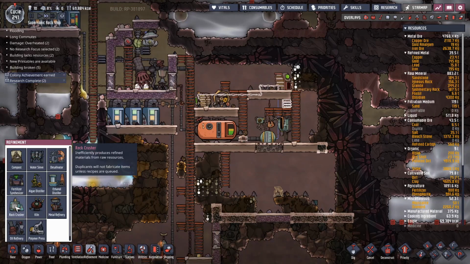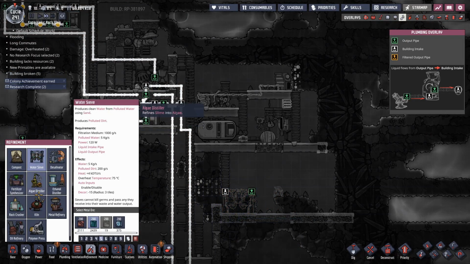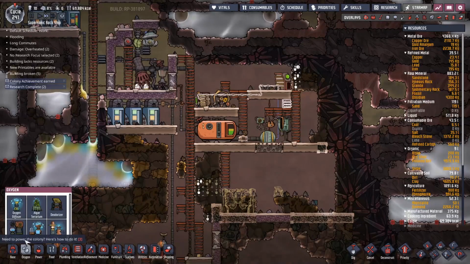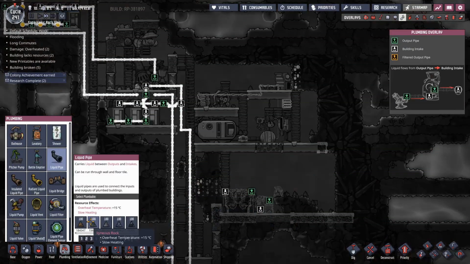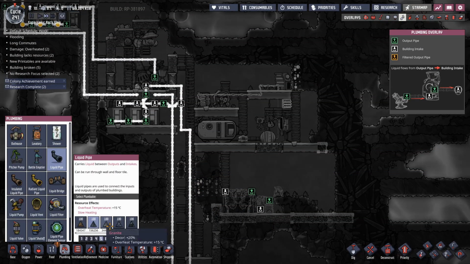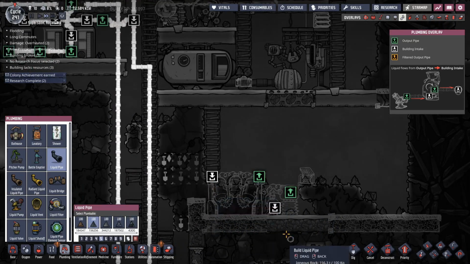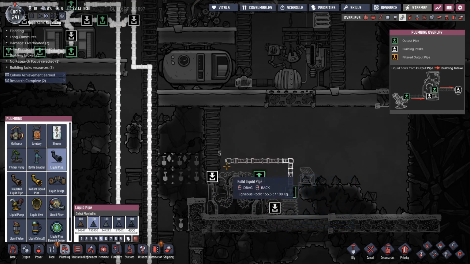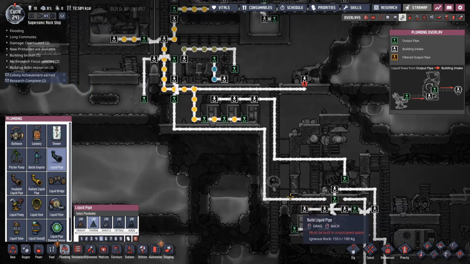Refinement will go... Water sieve. Our mate, water sieve. Oxygen. Carbon skimmer. Plumbing. Let's get something that's going to handle the heat. Yeah, let's just do that. And let's just do that to there. So we've actually broken